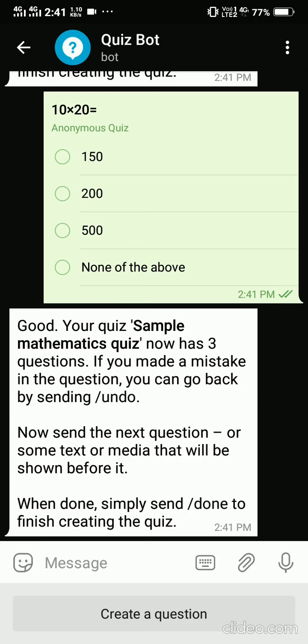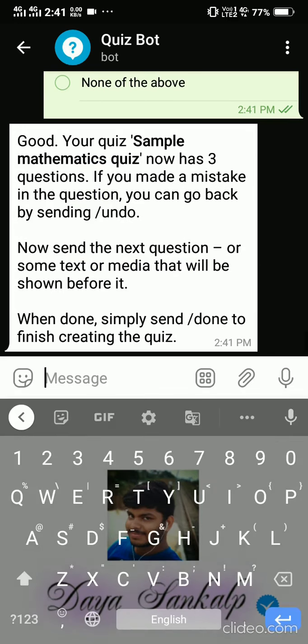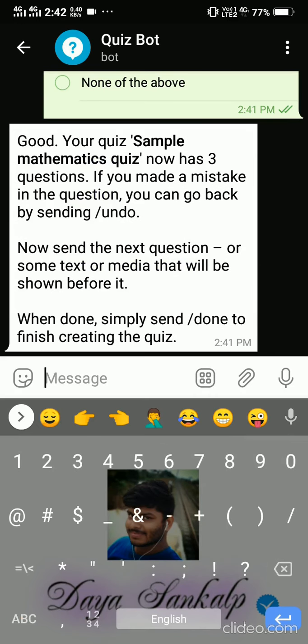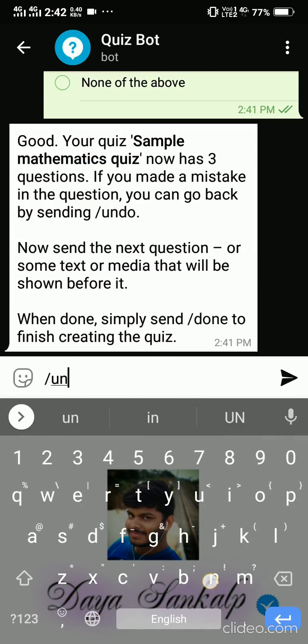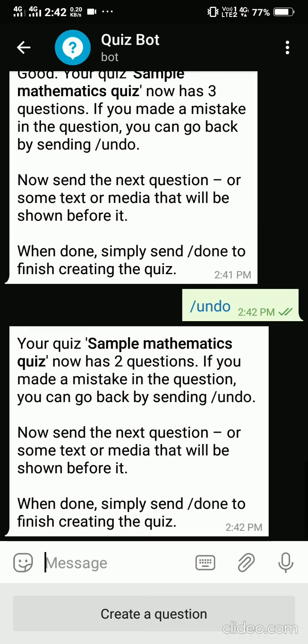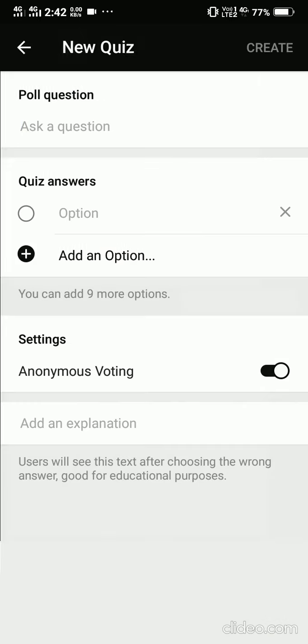See, in the third question, we missed disabling the anonymous voting. So, what we will do is, I will use the command /undo. So, only 2 questions. The third question was gone.